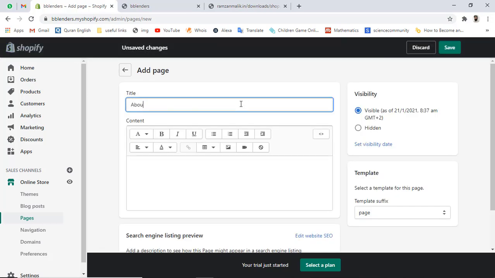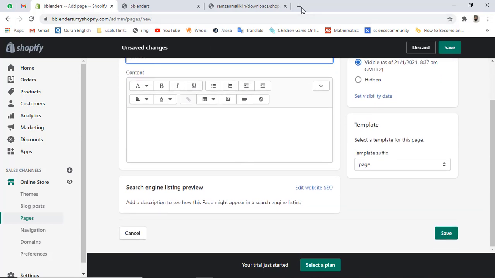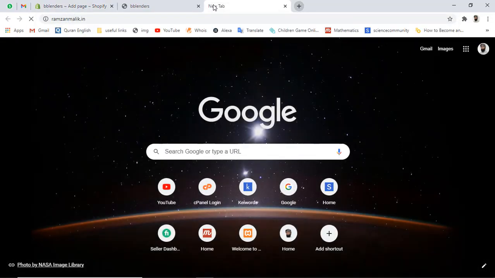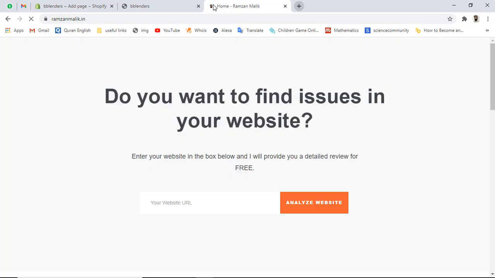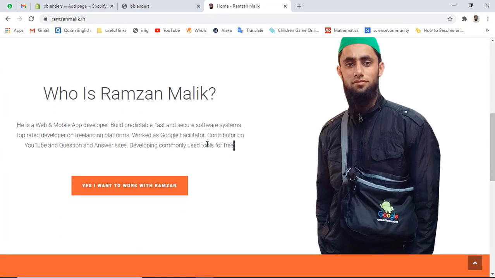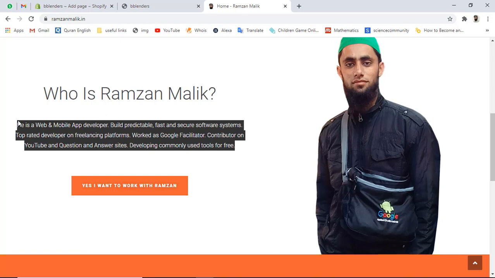So you need to add the title here, then after you have to add the text, but for now we will be adding some dummy text. And let's visit my personal website. This is ramzanmalik.in, and on this website I am going to add some about text from here. So here we have some text. Let me copy this one and let me paste it